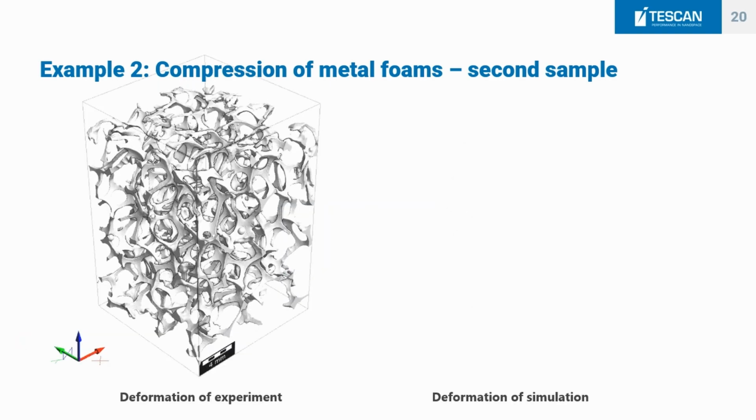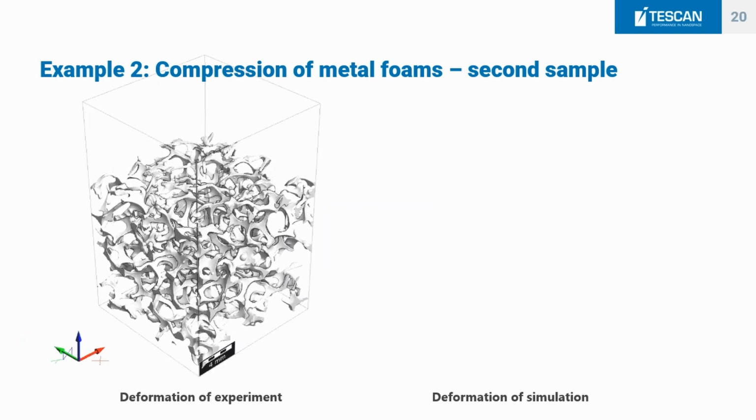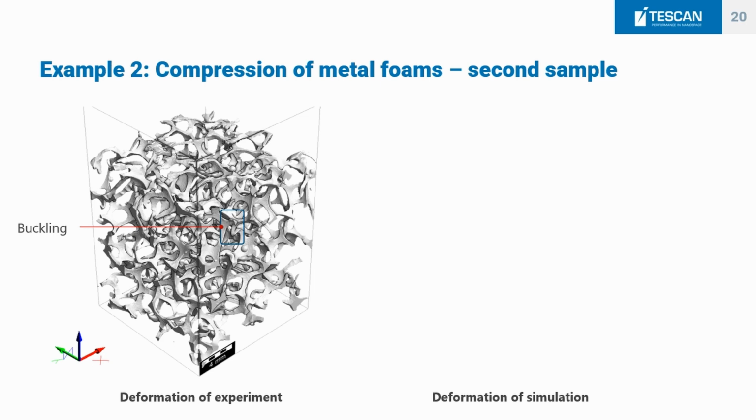A feature I want to address in both the experiment and the model is the concept of buckling. If we look at the data here, and this is the experimental data on the left side, we see that the compression of the metal foam is not happening in a uniform way. We see that at certain locations, the struts do not just bend, but they buckle in a very particular way. So it's in a few snaps where everything is moving.